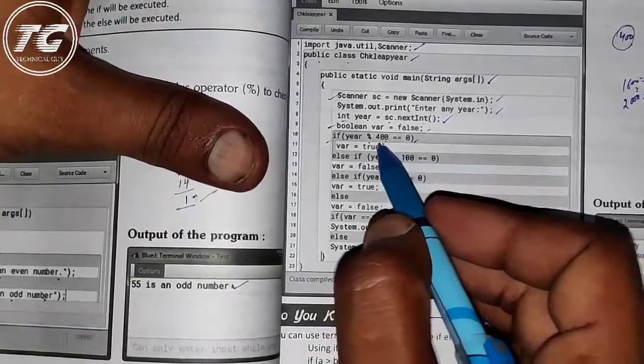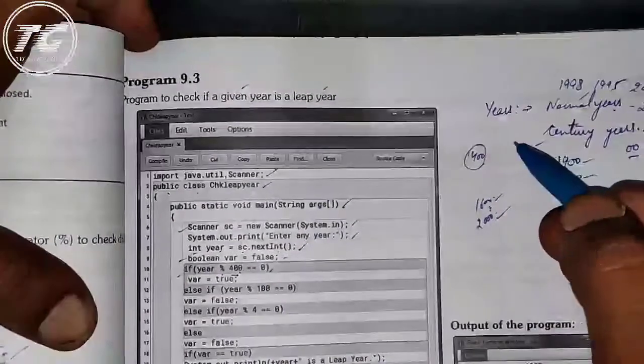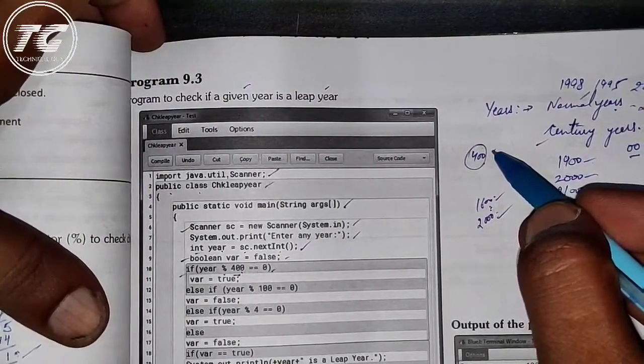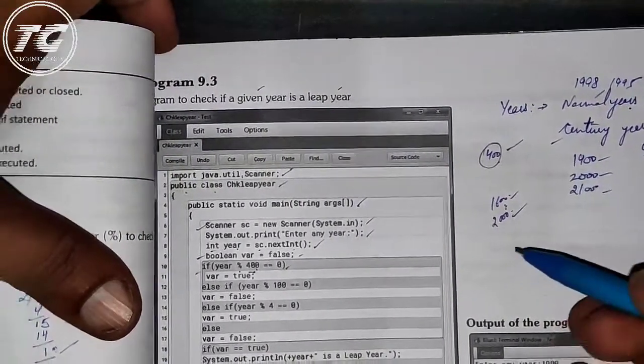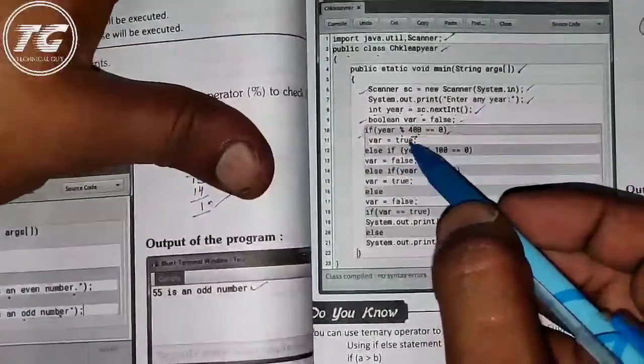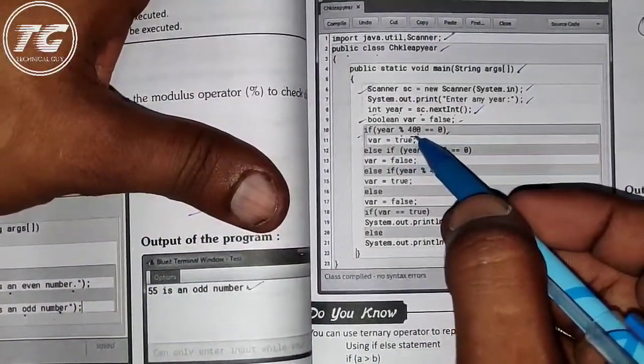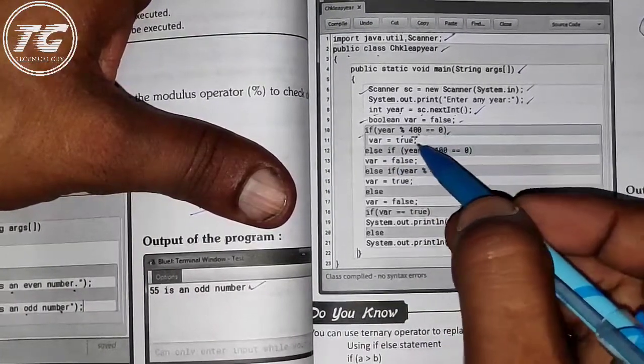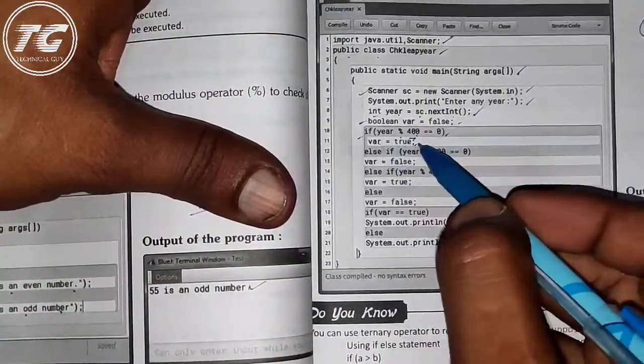Why have they taken this 400? Because I already told you that century years, if they come after 400 years, will be leap years. So that's why they are finding the remainder using 400. If it is divisible by 400, then this variable will be true.